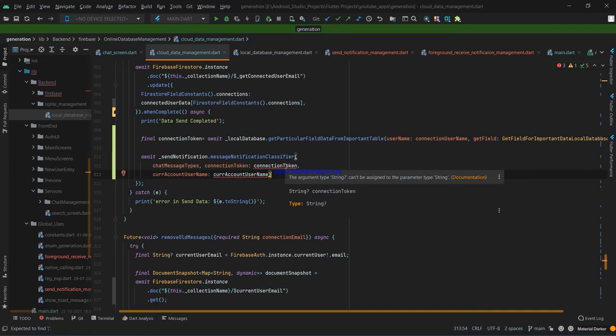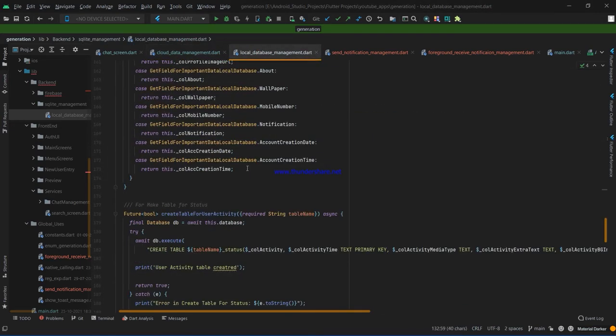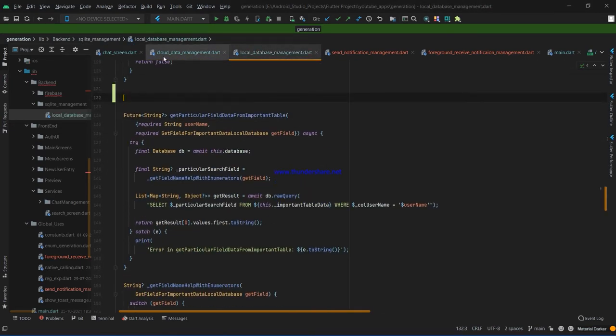What's the problem, man? So just make sure now to string. So that's string 60. Okay, now we have to provide the current account username. Here under that local database, we provide a method.